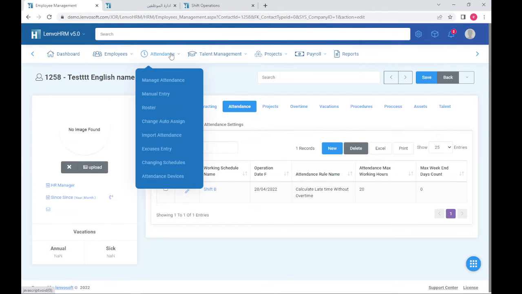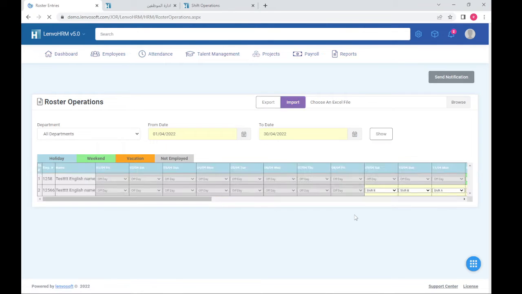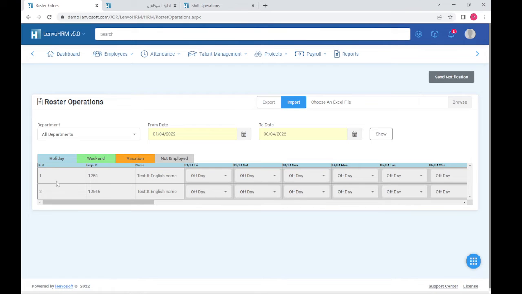We go to Attendance and we select Roster. Under Roster over here, I can show the shifts assigned to employees for a certain duration. By clicking Show, all employees linked to shifts will be displayed. This is our employee, and as we can see,